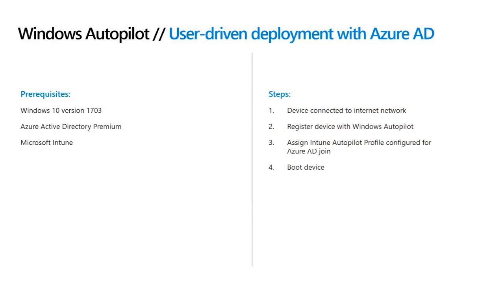We've included one of these summary slides. I won't go through all of them, but basically they just talk about the prerequisites that you need. I'll highlight some of the key attributes of each feature. For user-driven mode for AAD, the key prerequisites here are Windows 10 1703. Well, it's 1703 with a July patch, but then there's improvements in 1709. Basically, we'd like you to use 1709 if you use this scenario. Again, the same licensing requirements that we mentioned earlier. The steps for this are pretty straightforward. Just go through the steps I mentioned earlier in the talk, and you should be ready to go for this